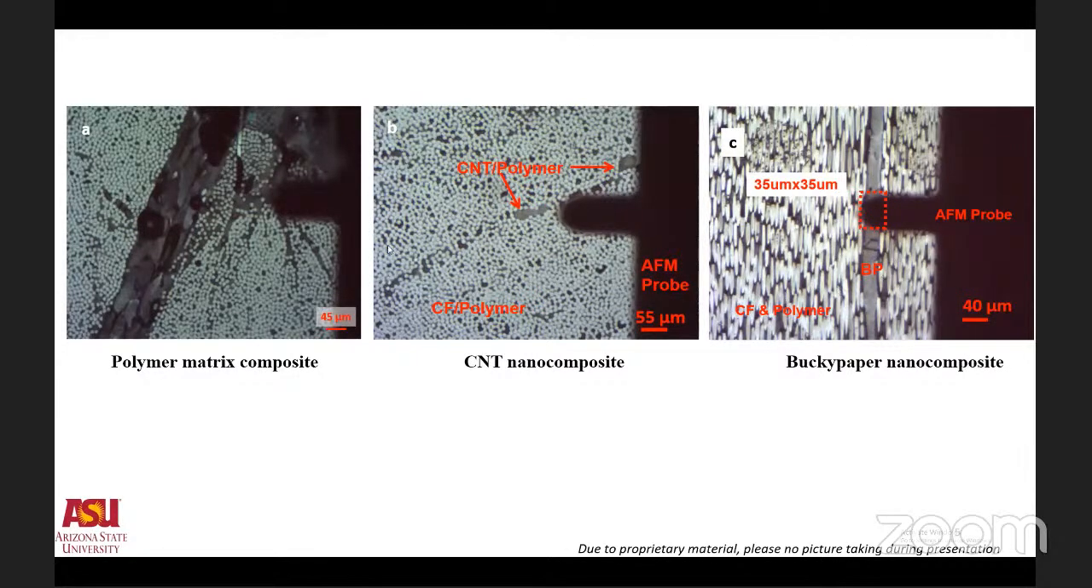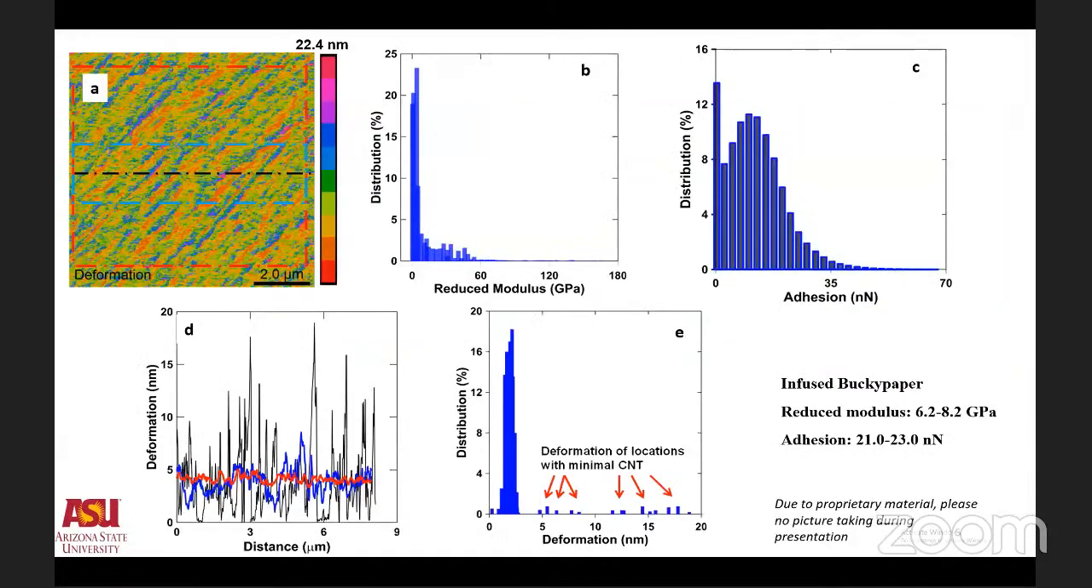Pictures A and B I put here for the sake of comparison. Picture A is a regular polymer composite, and picture B is a CNT polymer nanocomposite, which is 0.5 weight percent multiwall carbon nanotube. If you zoom in on this 20 micron thick slender bucky paper, we